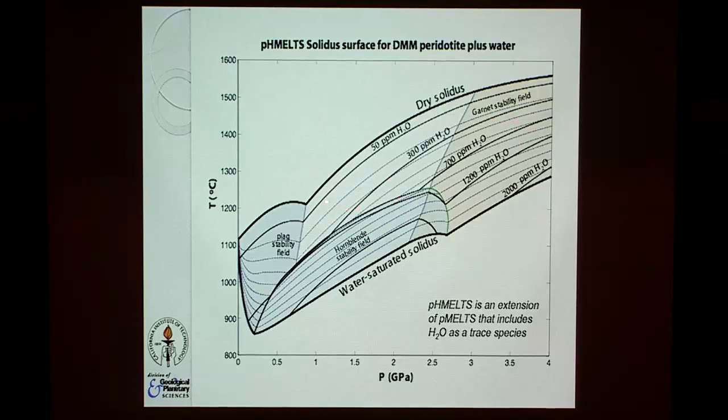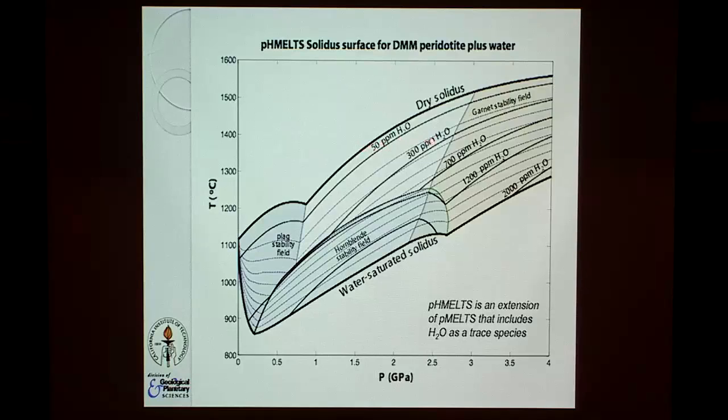And what you see here below the dry solidus is the water-saturated solidus, and contours for the location of the solidus as a function of water content, or in blue, water activity. Okay? And so according to this model, let's say 300 parts per million water should depress the beginning of melting, let's say on the 1350 degree C potential temperature isentrope, from about 1.8 GPa to about 2.5 GPa or something